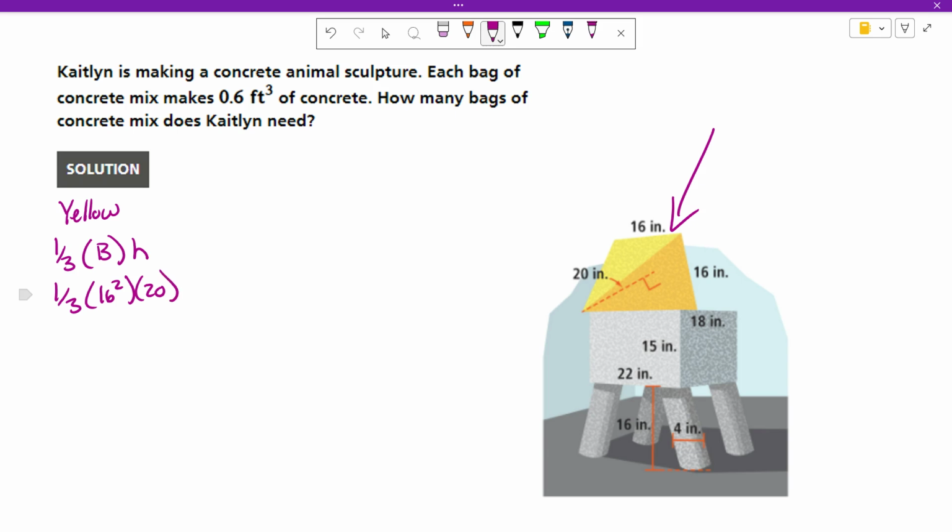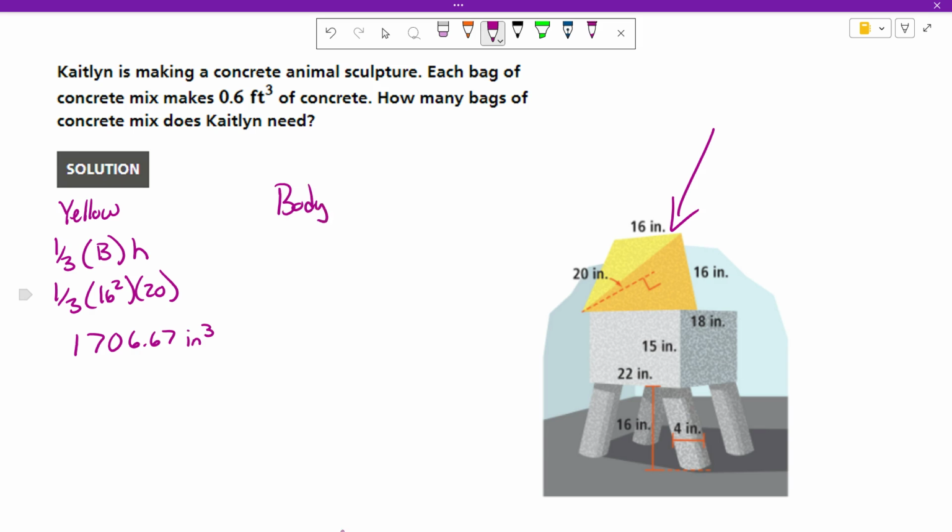Calculators, go. 1/3 times 16 squared times 20. Okay. Then we have the body,